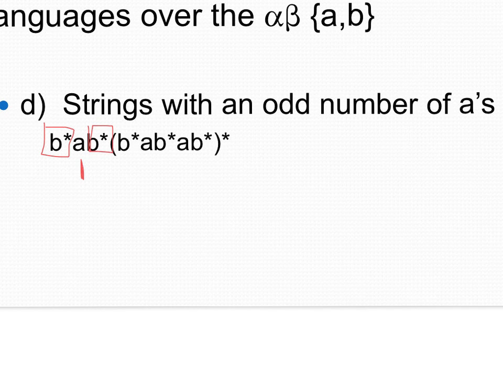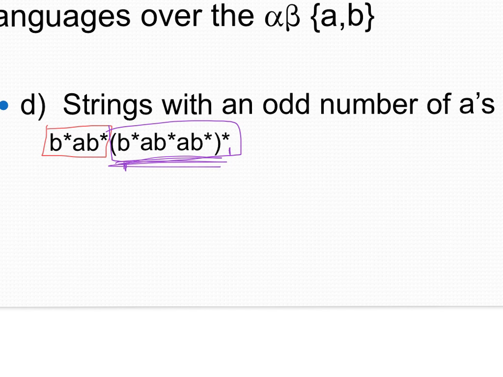So right now, if I just look at this first piece here, I've got all strings that have one A in them, right? And they could have 0 or more B's, and the B's can be in front and the B's can be behind. So I start out with a single A. And then the second piece, this is very clever because I say, now take as many more of these things as you like, because I've got this star here around the whole parenthesized piece. And this thing says,